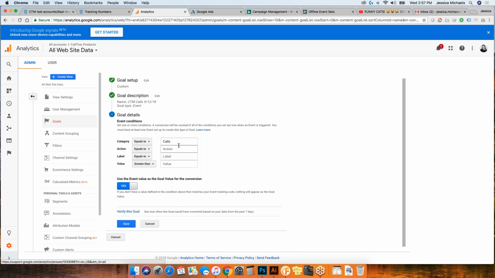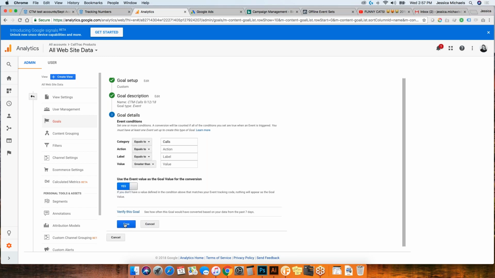Now this is where we can configure how we want this goal to complete. Now, I do find it useful to reference back to your events just to make sure that you get the categories, actions, and labels correct. So pretty simple in our use case now. We sent them all in as calls. So right here, this is actually all we need to create a goal. I could hit save, and then this goal would complete for every inbound call, text, or form, which is nice,